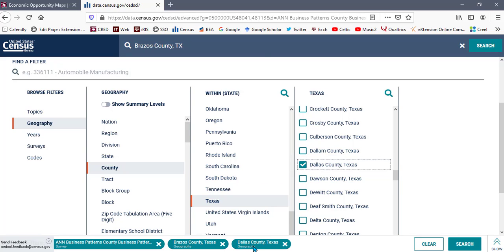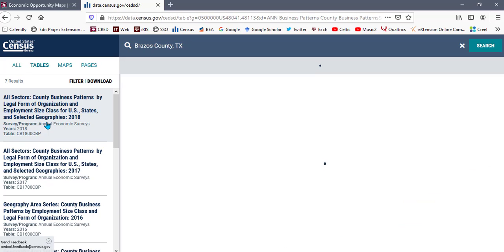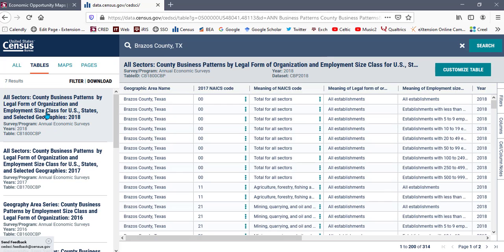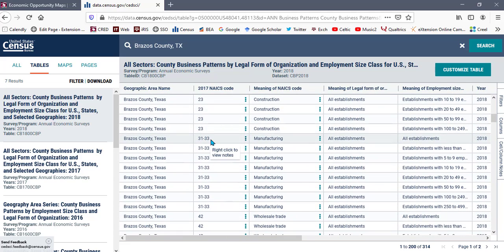Both of those counties appear here in the search term, and if I click search, you'll see that there are multiple years of data for county business patterns. I'm going to click on 2018, which as of November 2020, when this video is being recorded, is the most recent year of data available. And you can see that in this case, we have information by just 2-digit NAICS code. That's useful if you're looking at a high-level piece of information, but if you really want to get down